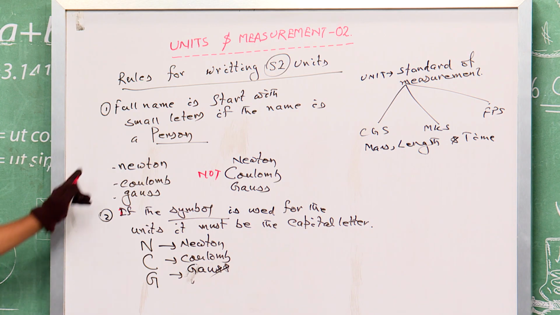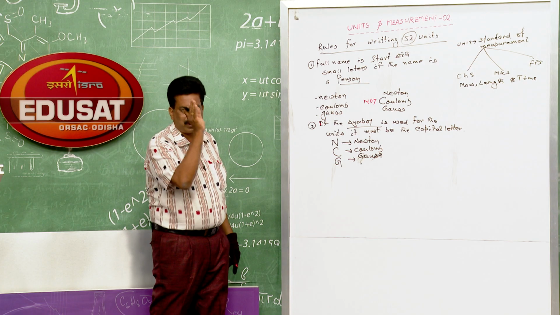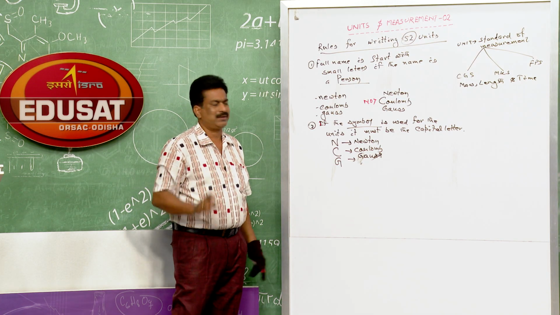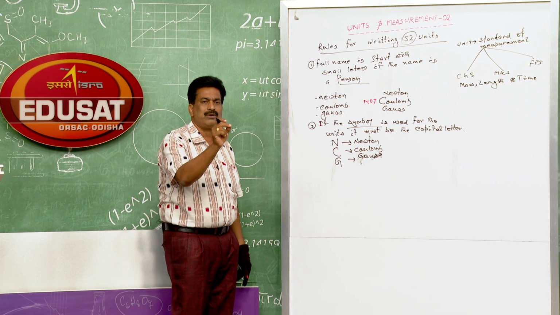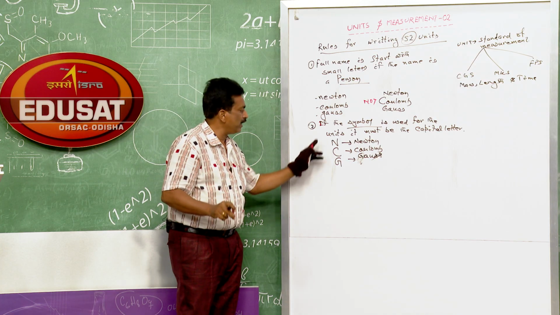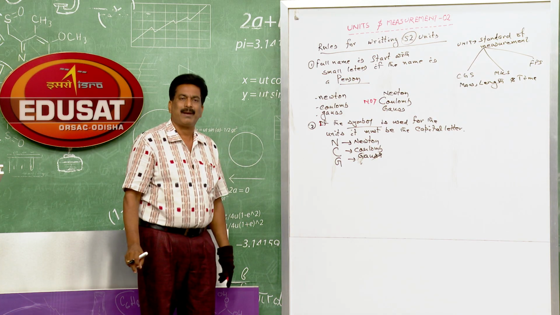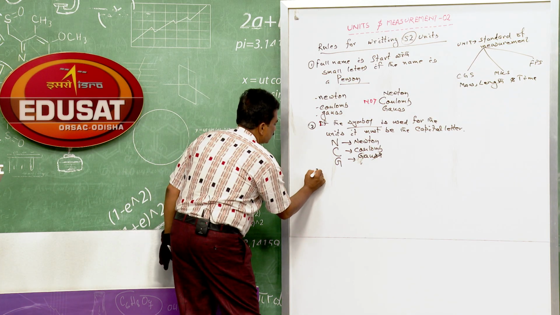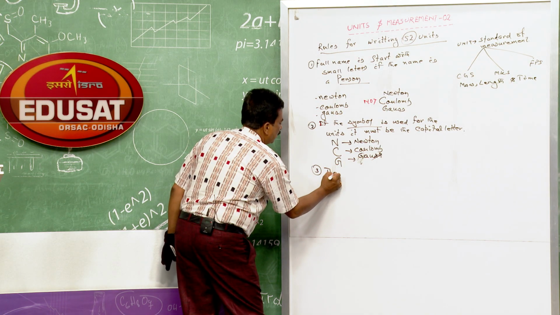Okay, clear? What is the difference between these two? If the full name is to be used, the starting letter must be a small letter. If the symbol is to be used for that full name, it must start with a capital letter. The third one is the other